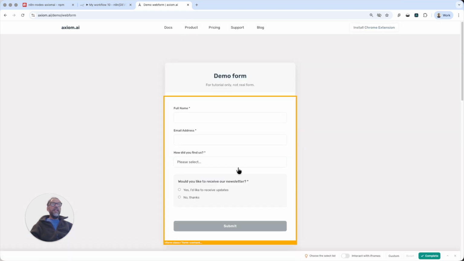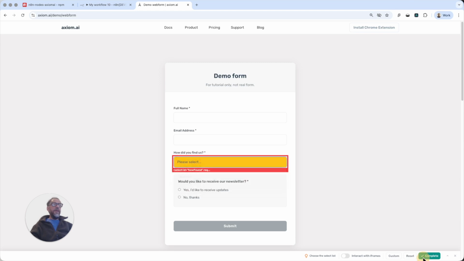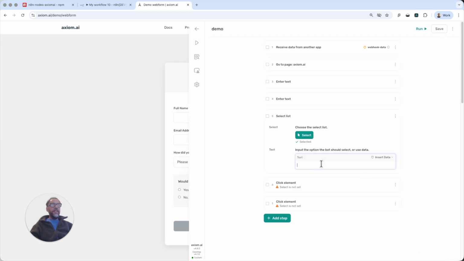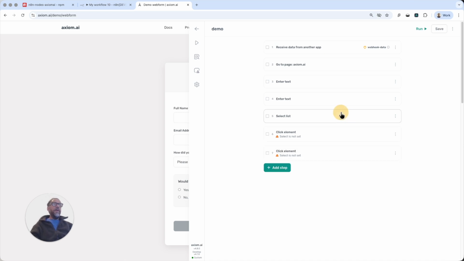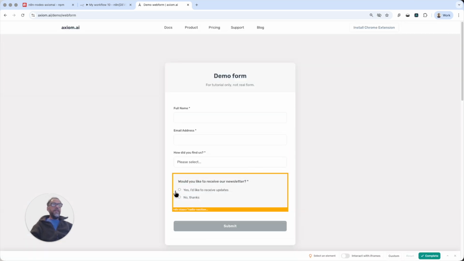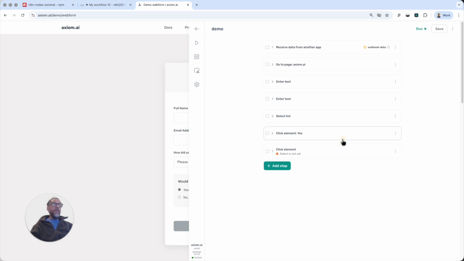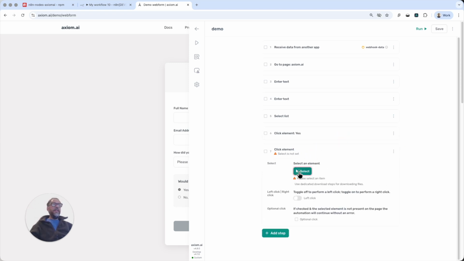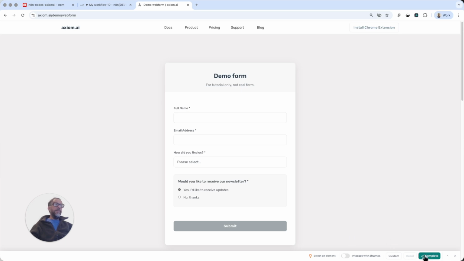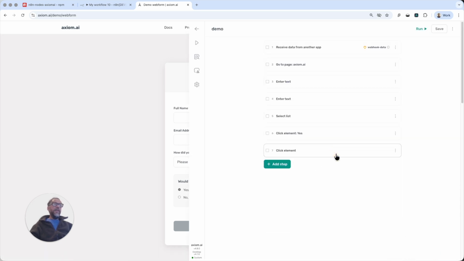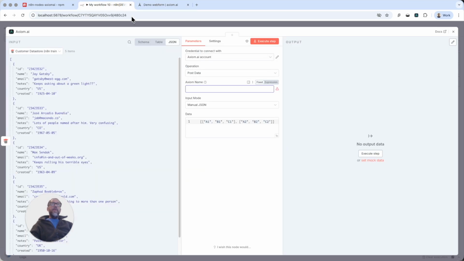Now, I'm not passing any demo data for the select list, so I'm just going to dummy that one up and add the text myself. Again, I'm just going to click select. But of course you can pass data, I just haven't got that set up in n8n. For the select list, you can pass a variable and click. Okay, so that's the bot setup that would open up the Chrome browser and do the web actions, or submit the form, etc. Now, what I need to do is just quickly jump back into n8n, into the Axiom step,